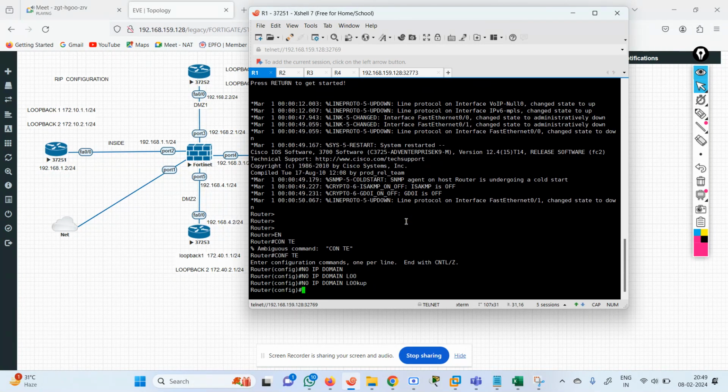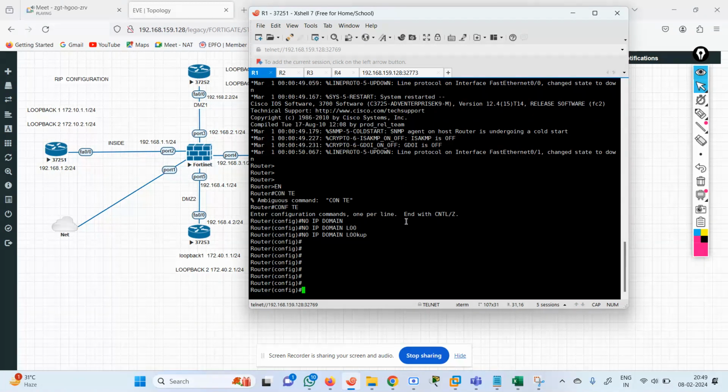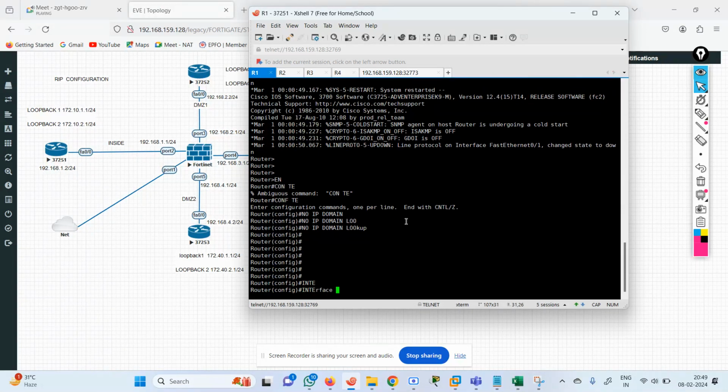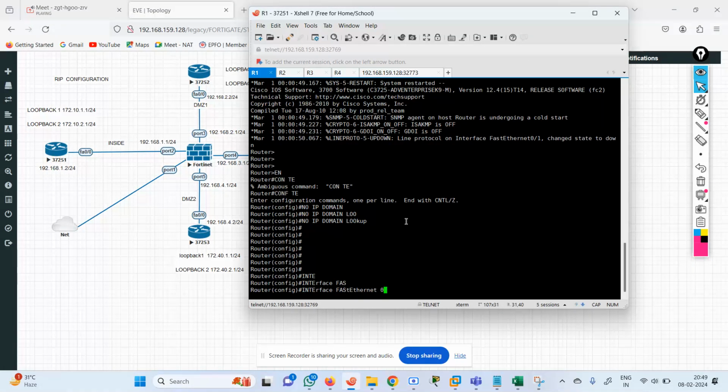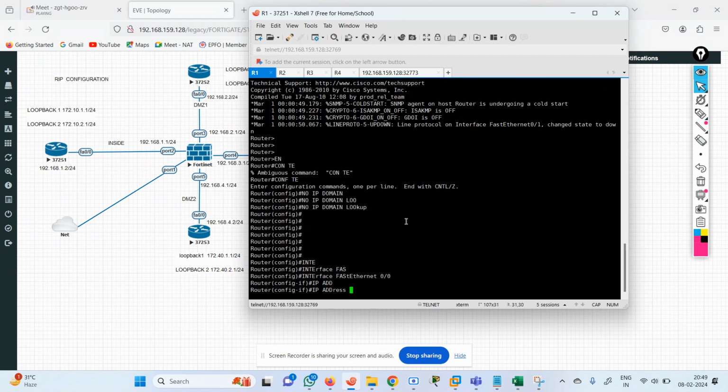Why are we using this no ip domain-lookup? Any question? I believe everyone knows why we are using this. Yeah, right, because it's not checking the local DNS. Yes, correct. Interface FastEthernet 0/0, ip address